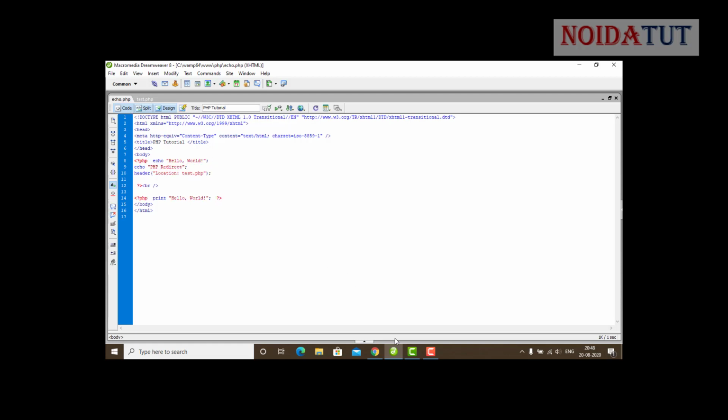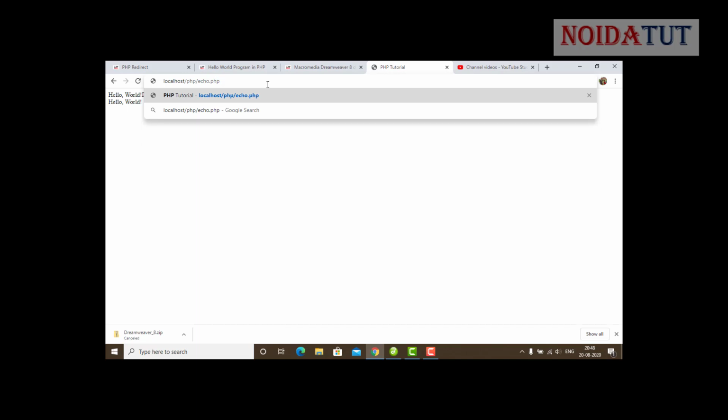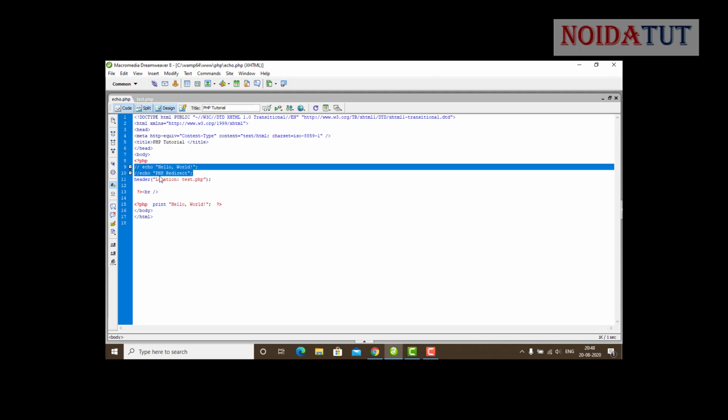When we execute echo.php, it got redirected to test.php. In practice, when you work live, these things are going to show an error, so you can put it in a comment, because we cannot display anything before the redirect. These things are very important when you work on live projects.